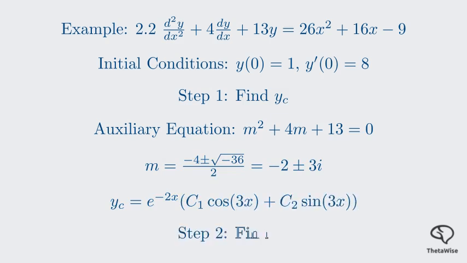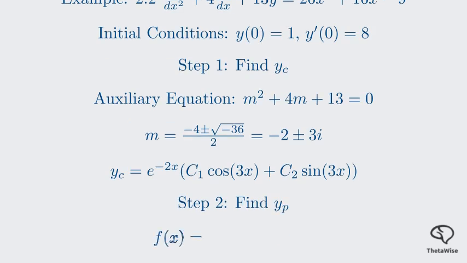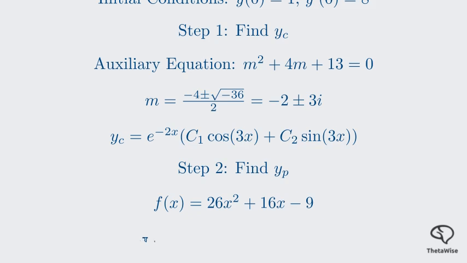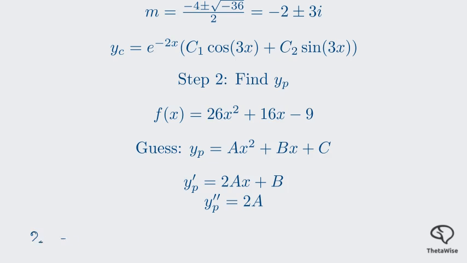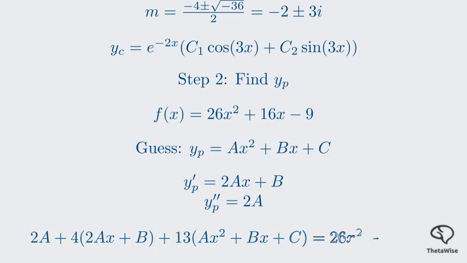Step 2, find y sub p. The right-hand side is a quadratic, 26x² plus 16x plus 9. The guess is a general quadratic: y p equals ax² plus bx plus c. There's no duplication with y c. The derivatives are y p prime equals 2ax plus b and y p double prime equals 2a. Substitute into the equation. We get 2a plus 4 times 2ax plus b plus 13 times ax² plus bx plus c equals the